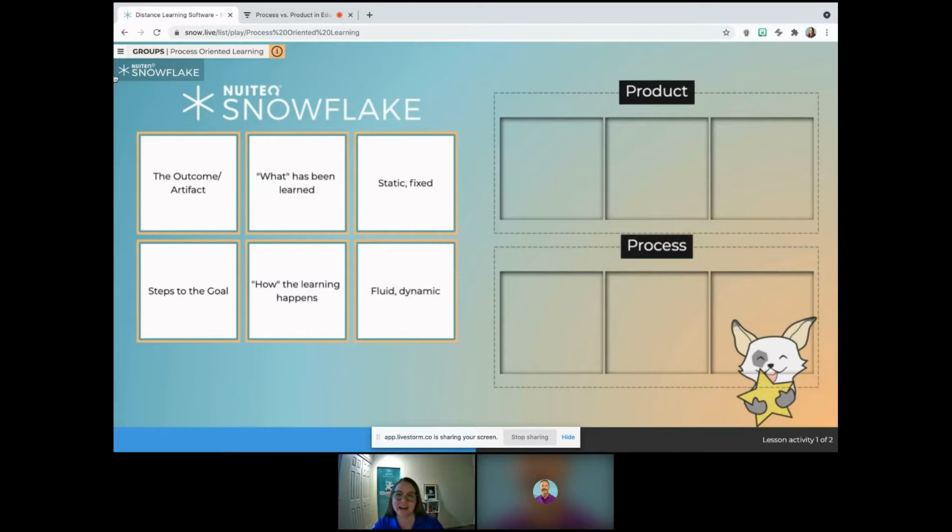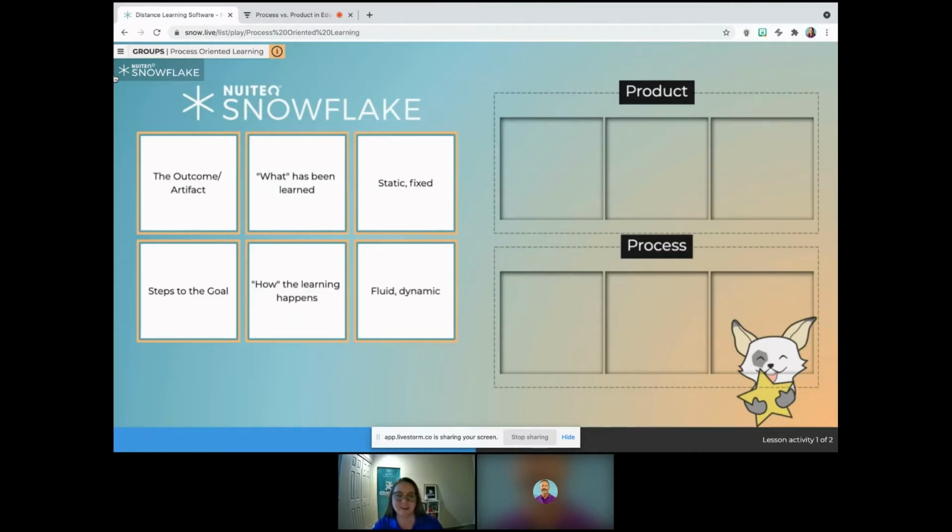And when we look at process over product, we're not saying that process is the only way and that your whole style of teaching and the whole pedagogy that you use should be geared toward that, and you should just abandon all product-oriented learning. Instead, this is just to explain the differences between the two and then some of the benefits of using a